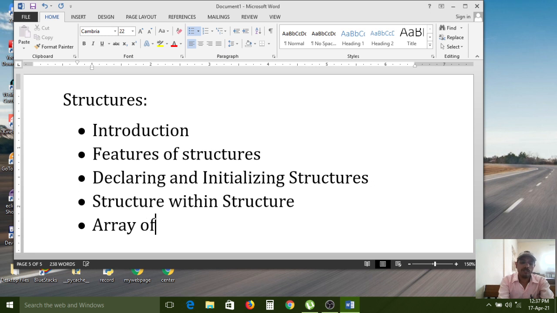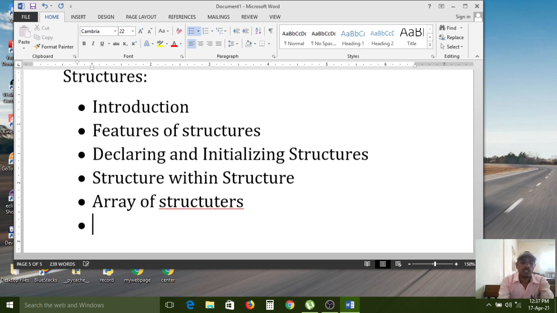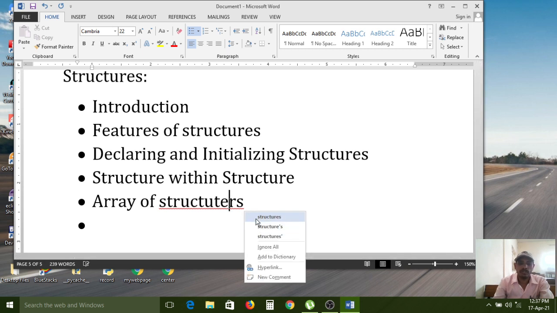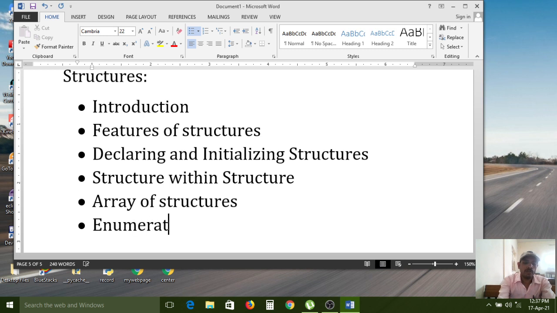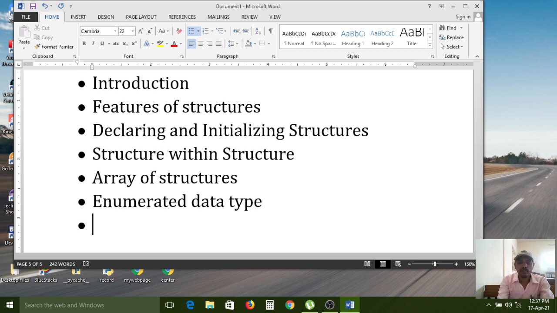Array of structures. Next, enumerated data types. The next chapter is union.